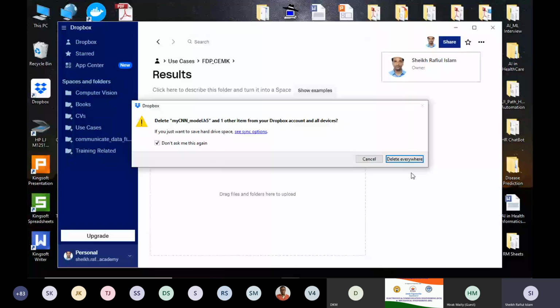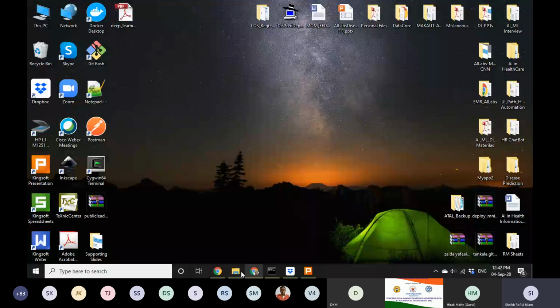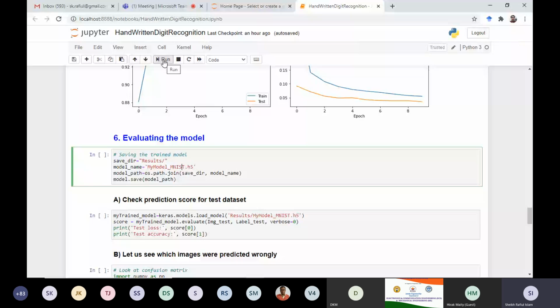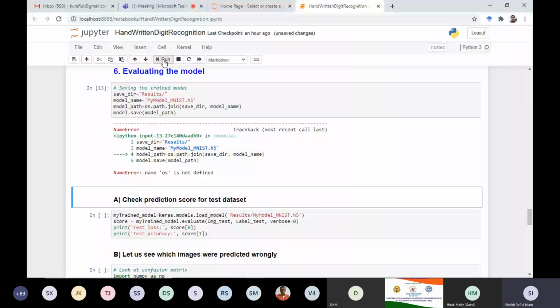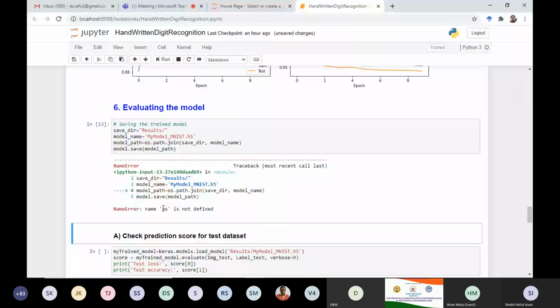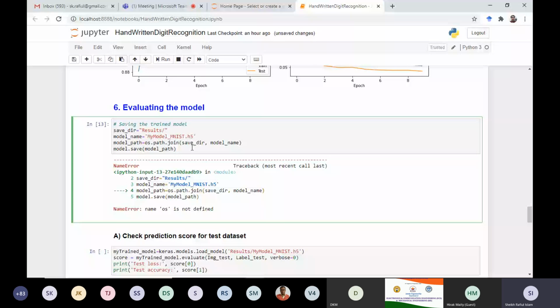See, here I am saving my trained model into the local drive. See, there is some error: name OS is not defined. Basically here I am trying to access this folder through OS, but OS is not defined here. So what would it be? Import.